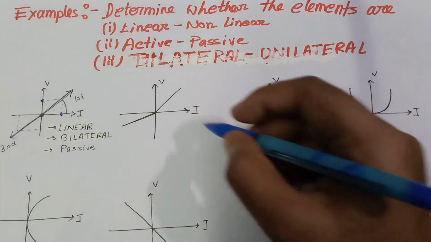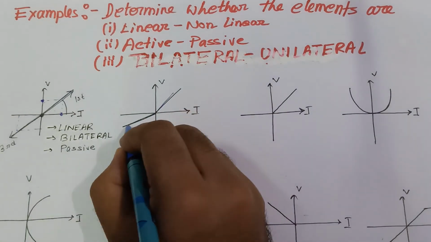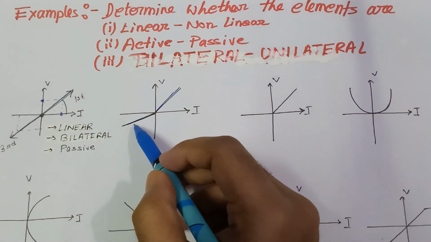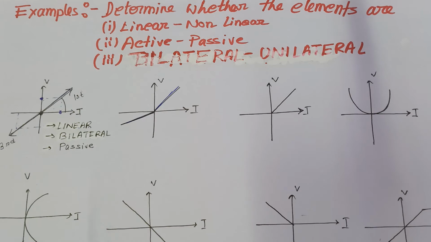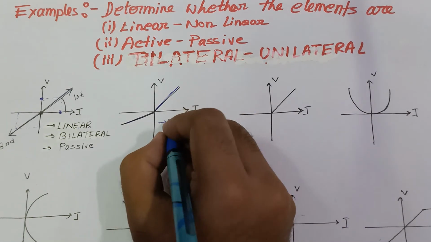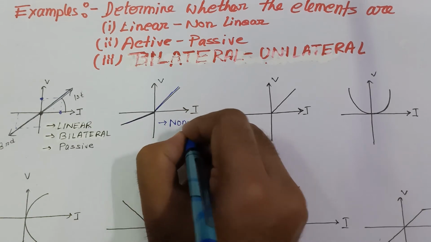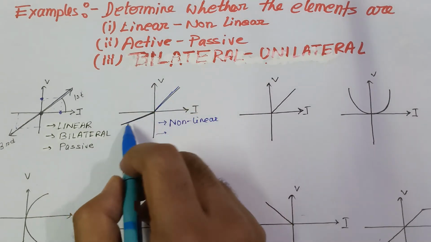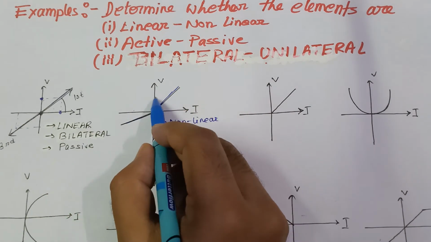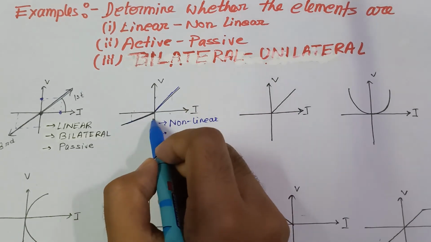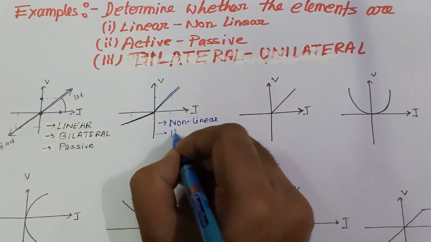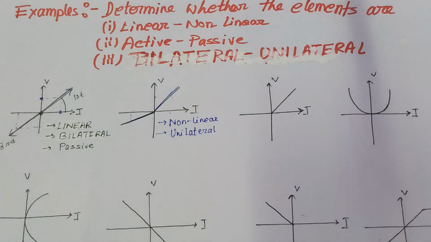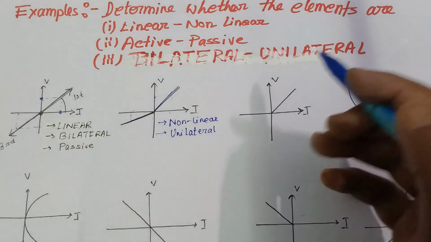Now in this case, yes, it is a straight line, but it is not following only one equation, because here the slopes are not the same. So it is not following only one equation of a straight line. So from the first condition, we can say that it is non-linear. And since the slope is changed, the ratio of voltage and current here and on the negative side should not be the same. So the impedances are different if you reverse the polarity, which means it is unilateral.